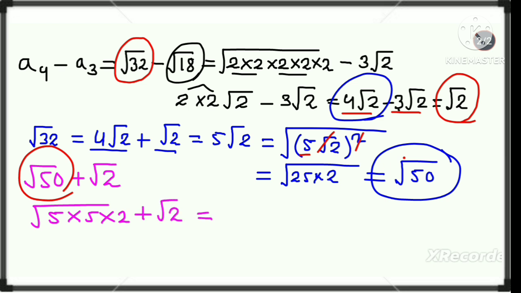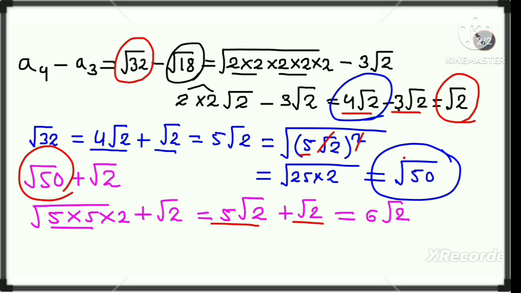And here this 5 has pair, so can be taken out, and here remains root over 2 plus root over 2, and here is 5 root 2 and here is 1 root 2. After adding we obtain 6 root 2, and